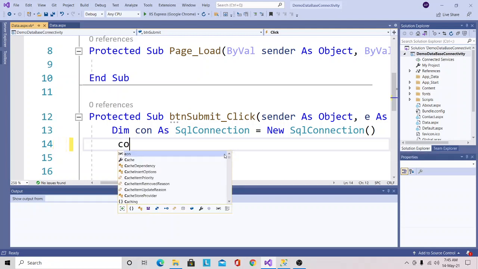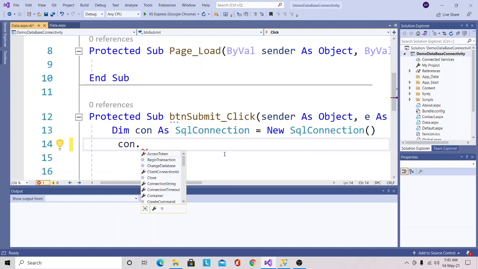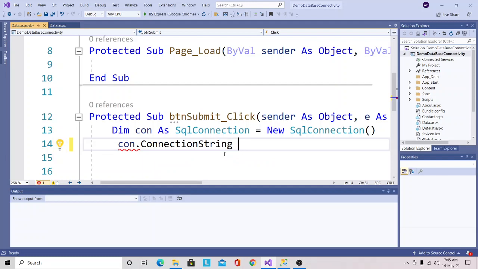Then I will call the con object here, and using the dot operator I will call the ConnectionString property. Now to this ConnectionString property I need to assign a connection string value. To locate that value, at the left corner of the Visual Studio IDE you can find Server Explorer.